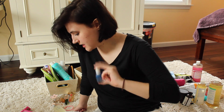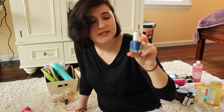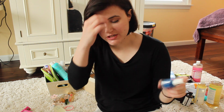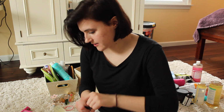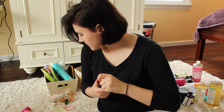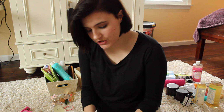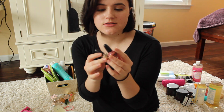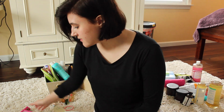I think I'm going to also keep this Essie nail polish. This is Mesmerize. This is more of a recent purchase. I think I purchased this at the beginning of 2016. I'm going to keep this top coat as long as it's not dried out. Yeah. I'm going to keep this top coat. The only other ones that I'm really drawn to are these 2, and they're tiny Sephora samples, so I'm going to keep these 2 as well, and that's all I'm going to keep. I think that's a good